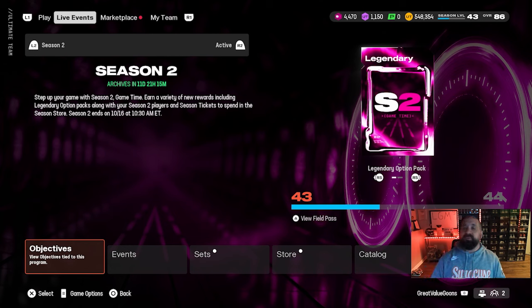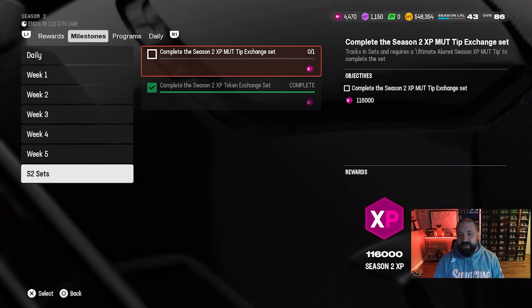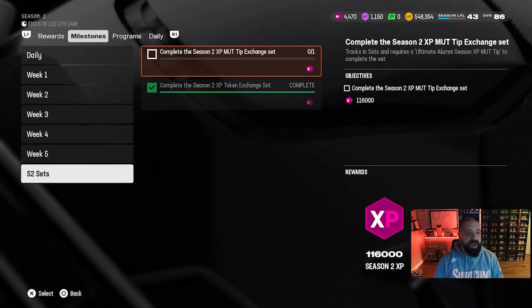Now, Season 2 Field Pass coming to an end. For those that are wondering, we still haven't received this Season 2 XP MUT Tip Exchange set. I literally have no idea if and when they're ever going to grant that out. Maybe they're saving it to give people a jump start in Season 3 now that Season 2 is just about over. But we did get a big update to the store rewards,